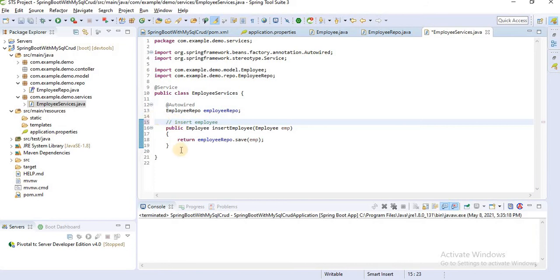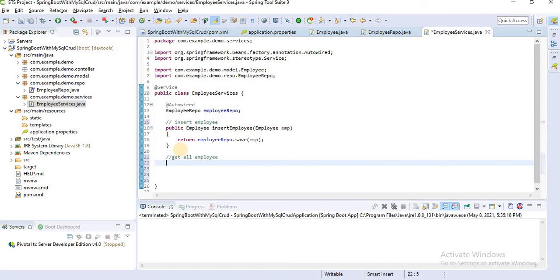Then we have one more method, get all employee. Let's create a method, public get all employee, because that means we are getting more than one employee.